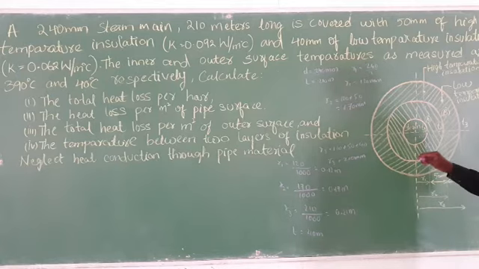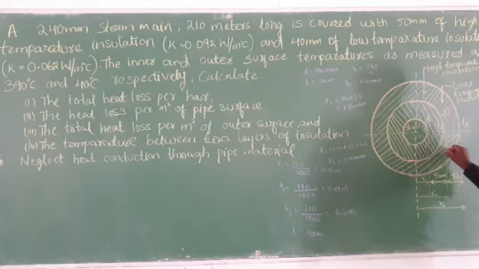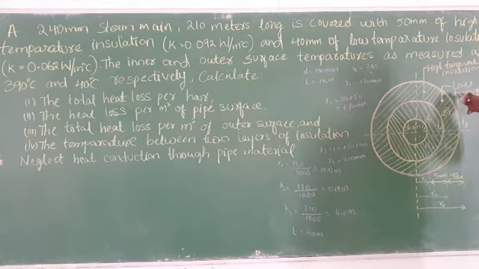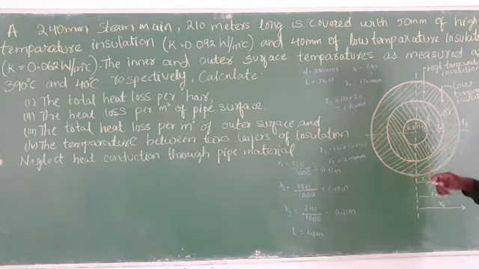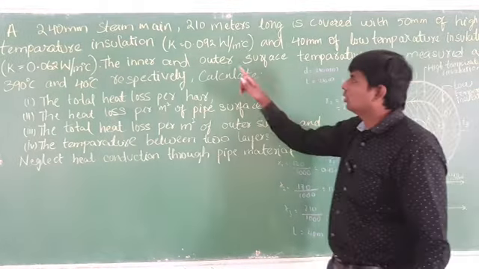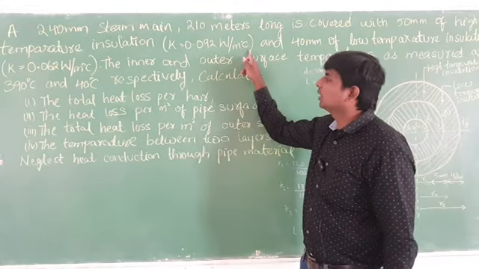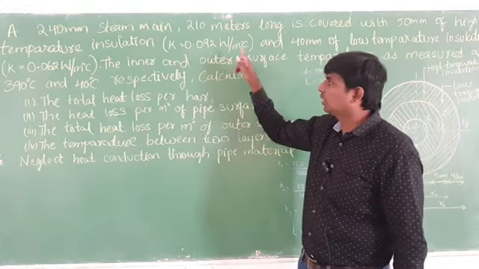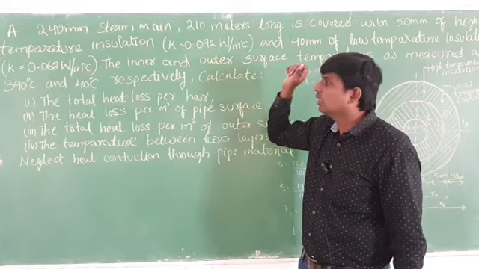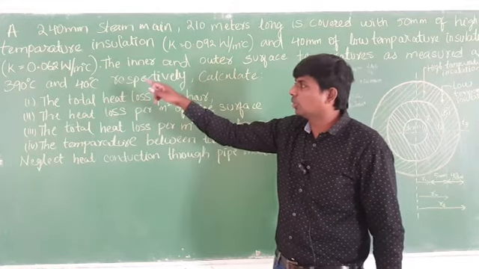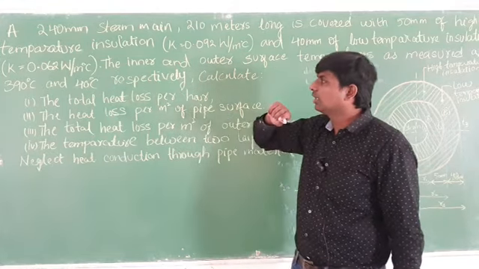After that, this one is known as Ka and this one is known as Kb, because it is somewhat difficult to pronounce or write the full name. So I name this A and this B. I know the value of Ka as well as Kb. Ka value is given as 0.092 watt per meter centigrade. By seeing the unit only, you can identify that the given one is thermal conductivity. Next, Kb is given as 0.062 watt per meter degree centigrade.